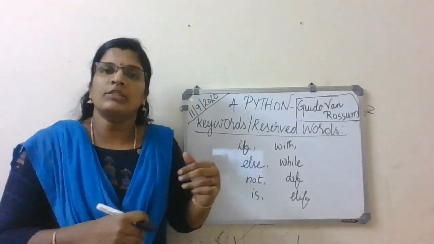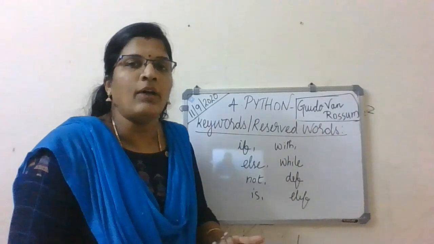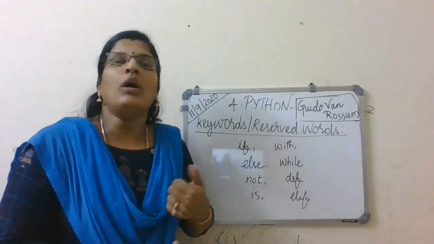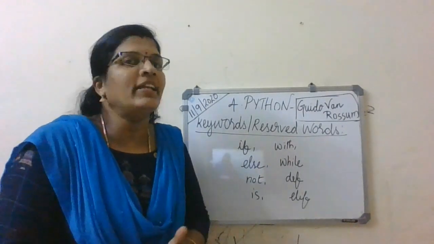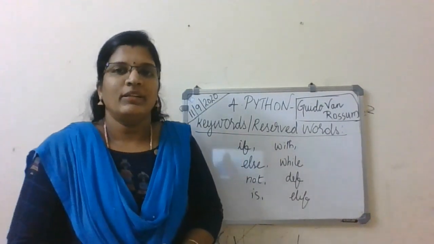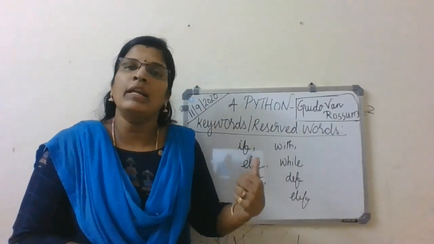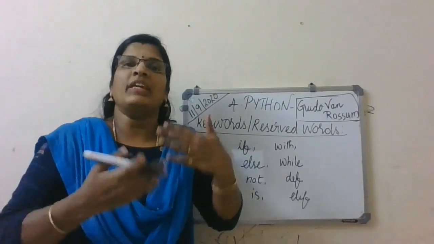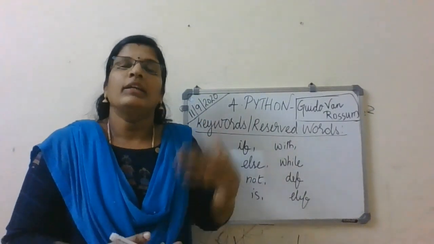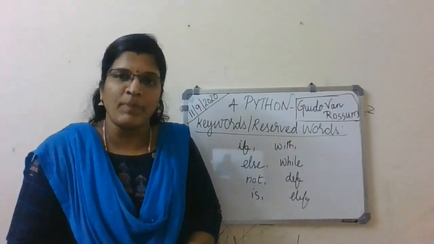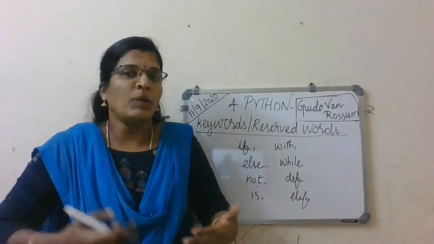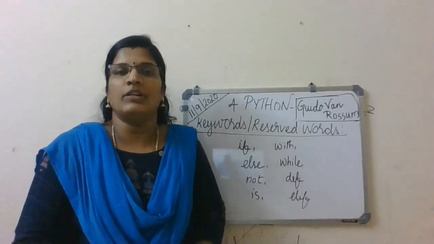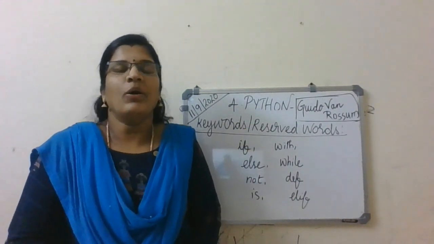I'll just show you the reserved words chart now. You can see that. These are the reserved words. You are not supposed to use them as a variable in a Python program, as they have special meaning in the Python library. That is called keywords. Keywords are reserved words in Python which have special meaning in the Python library. Some examples are listed here. Clear?